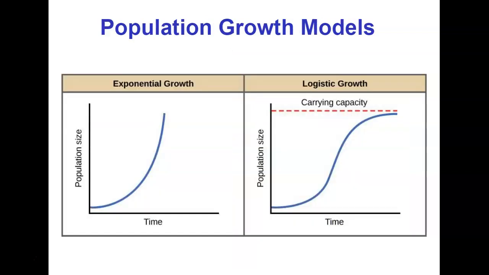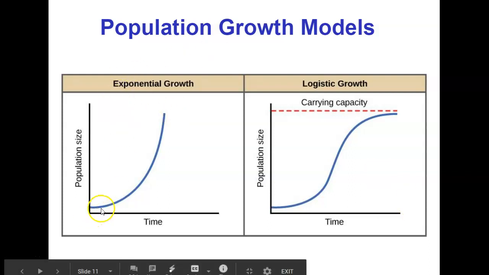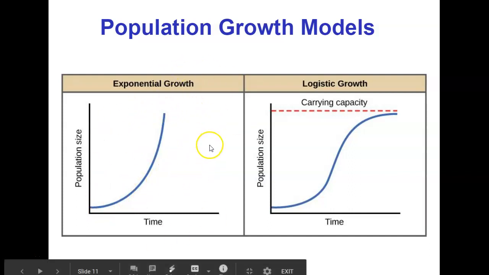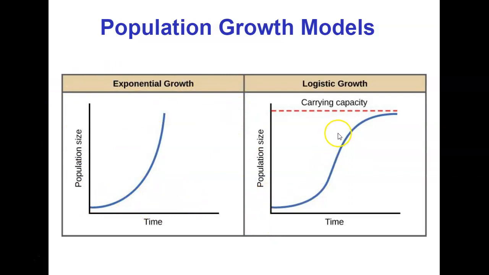Okay, so there are 2 ways in which a population can grow. The left is, I guess, ideal for a population, exponential growth. So given a specific time frame and infinite resources, there is exponential growth. You can take the coronavirus, for example. We were in exponential growth for a while. But that's not always